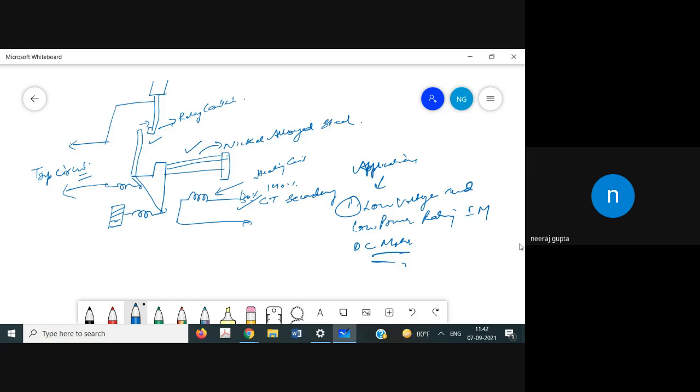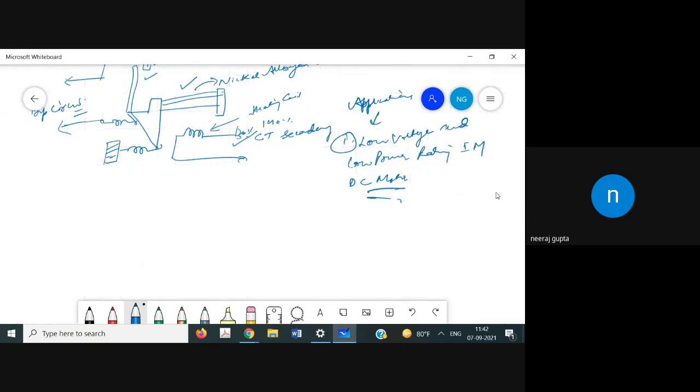This can also be used for protection against overloading